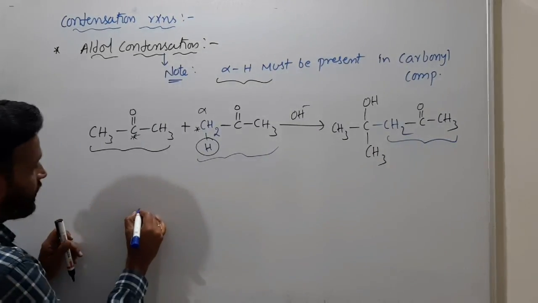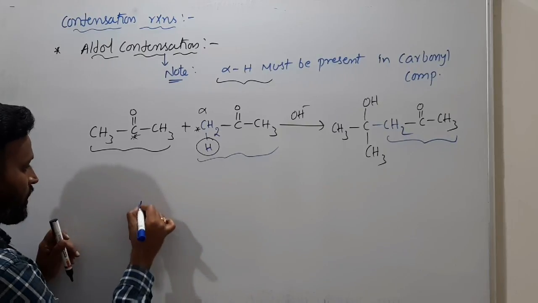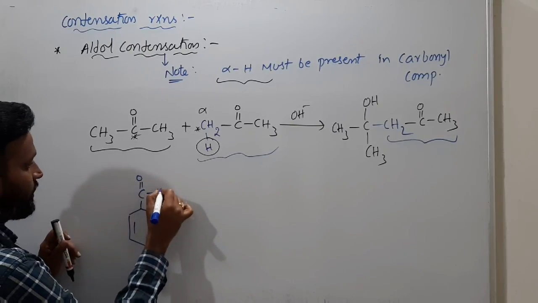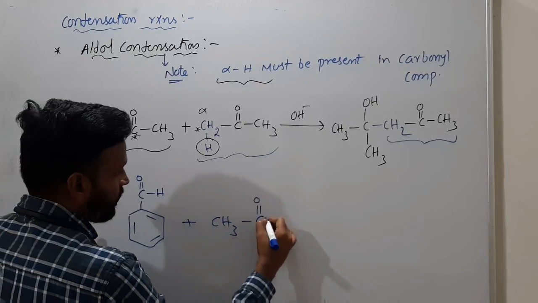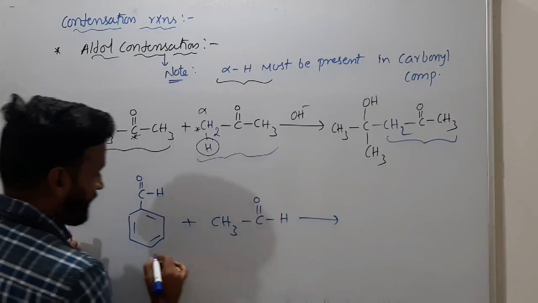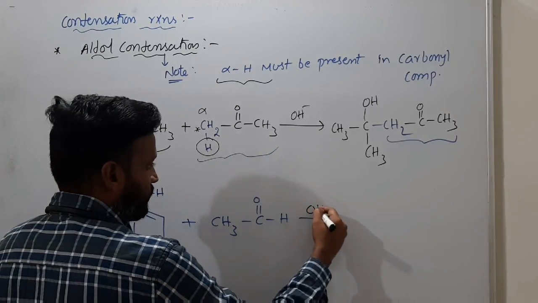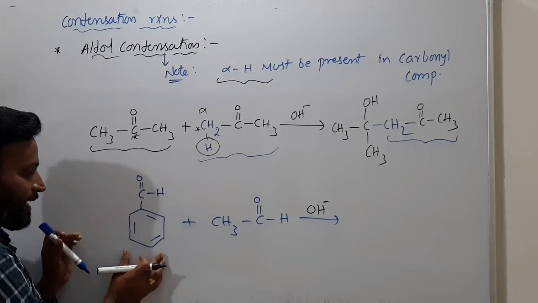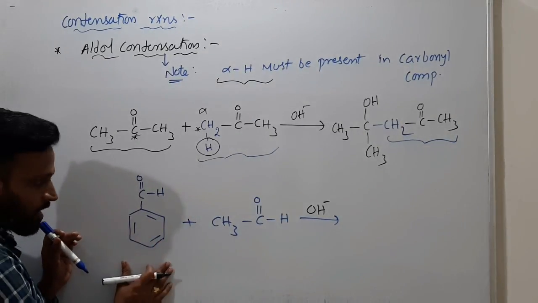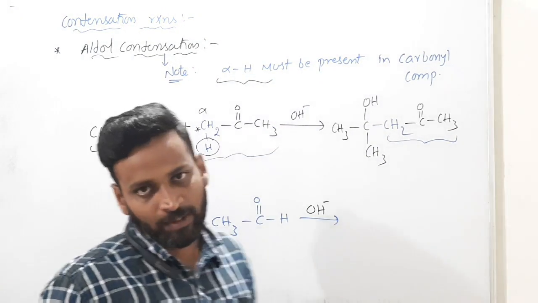Okay. Now I will give you one reaction. You tell me in our WhatsApp group. And this is C double bond OH and CH3 C double bond OH. This is actually called crossed aldol. So I was given base. You tell me what is the product. Very simple. I will say it myself. Here actually there is no alpha hydrogen, but that is not required. If one of the aldehydes has alpha hydrogen, it is enough.